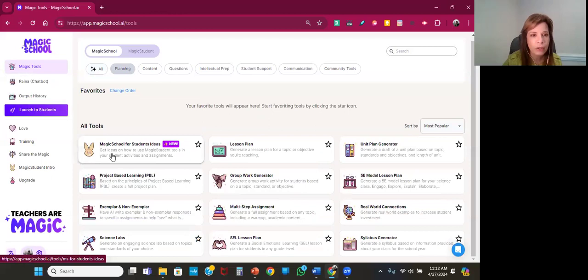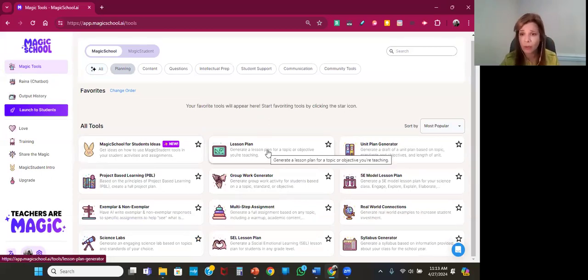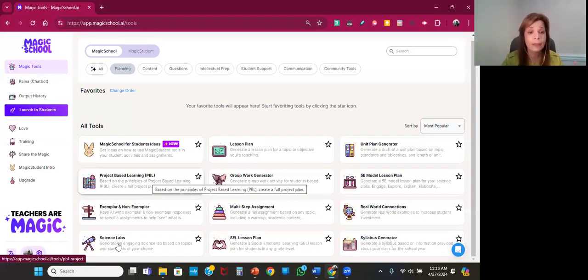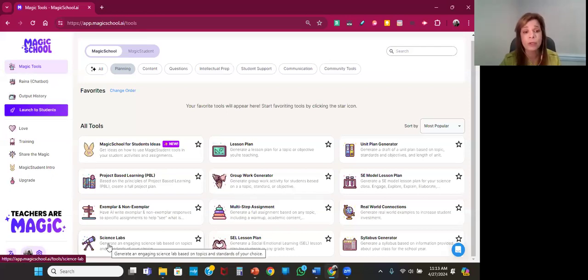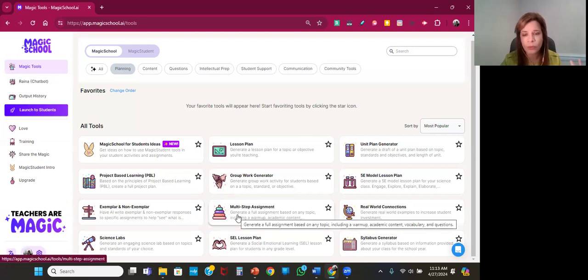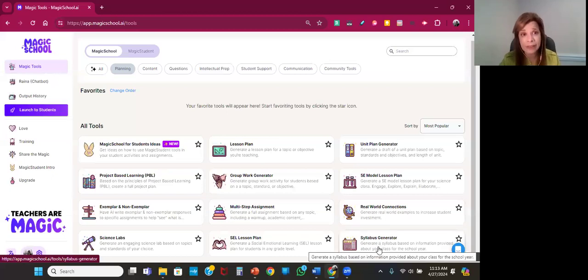And you have here MagicSchool for Students ideas, lesson planning, which is one of the resources that we're gonna check today: unit plan generator. You can also produce project-based learning activities. You can create activities for your science labs if you have a science lab, or you can also use multi-step assignments, real-world connections. You can also create the syllabus of a subject, okay? And let me show you here the lesson plan, which is the first thing